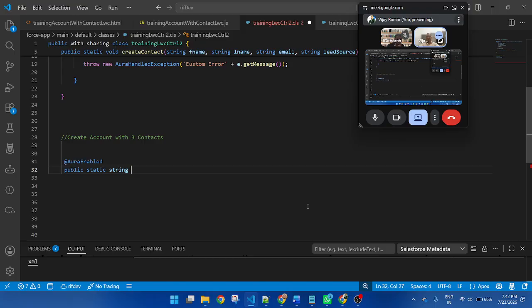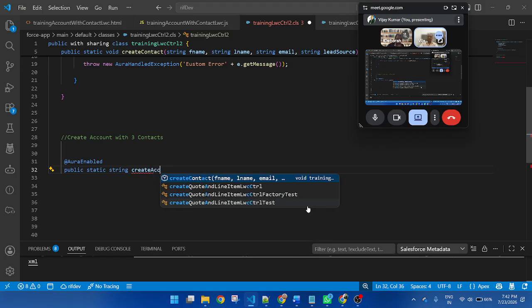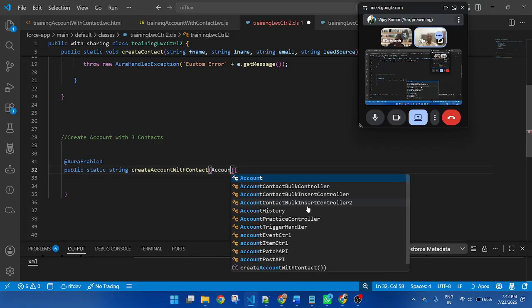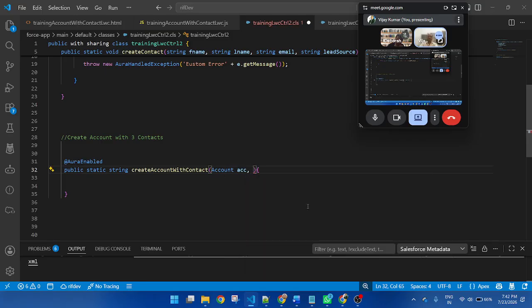Then the method name: createAccountWithContact. Here I am inserting account and contact both. So pass the parameter Account acc, and account is only one record, but contact is multiple.